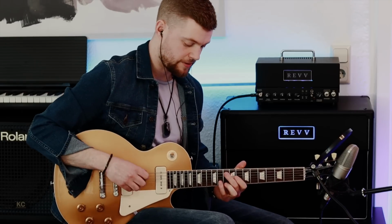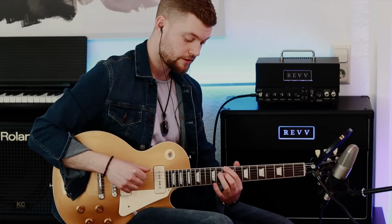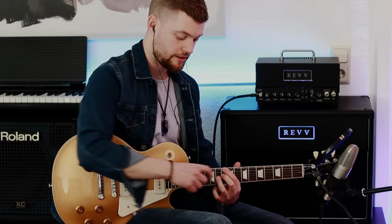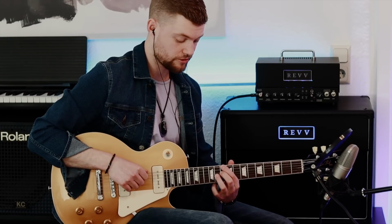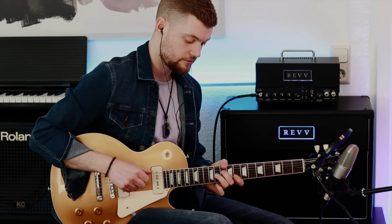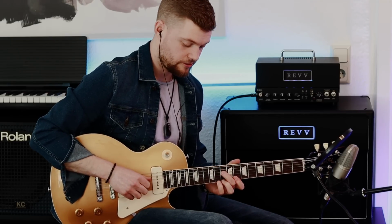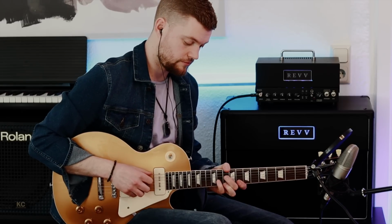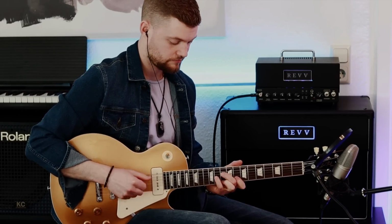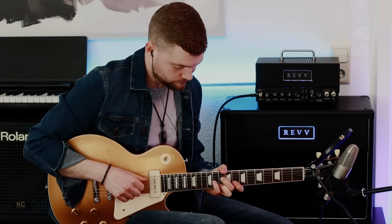So let's take a few steps back. My building block, if you want to, is D, the root, the dominant 7, so the minor 7, and a major third, which makes it a D dominant chord. Then I add the 11, and then either the 9 on top, or I play the root here actually, which means you can do it like this. Or if you manage,